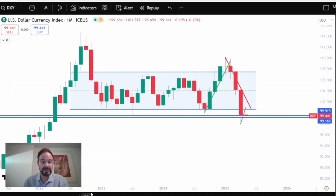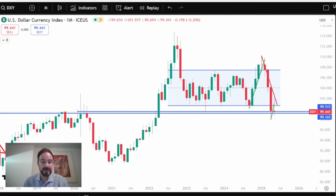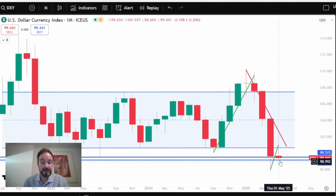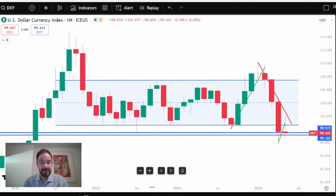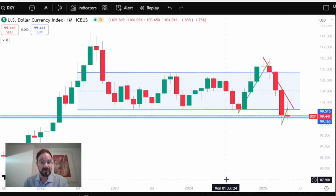On a monthly, this looks terrible. Let's not kid ourselves. This looks absolutely terrible. As you can see, the monthly is a long-term chart, and you see we broke the sideways trend. We closed below it. We tried to get back in it on the monthly, couldn't do it, closed even lower than we did in April. Oof. Now, we didn't make a new intermonthly low yet, but this May monthly candle is the confirmation of the breakdown from the sideways trend,